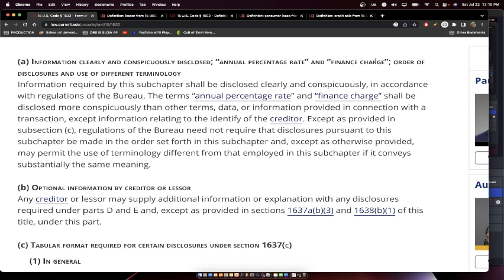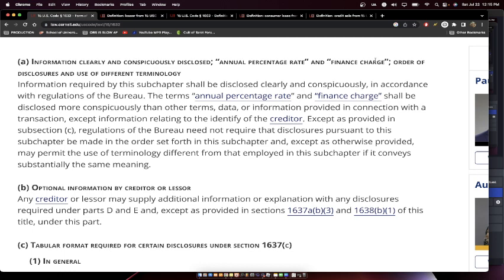It says the identity of the creditor. So let's just read that again. The terms annual percentage rate and finance charge shall be disclosed more conspicuously than other terms, data, or information provided in connection with the transaction, except information relating to the identity of the creditor,